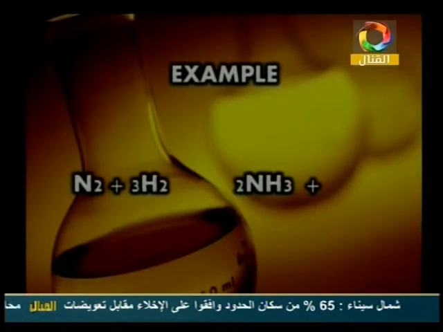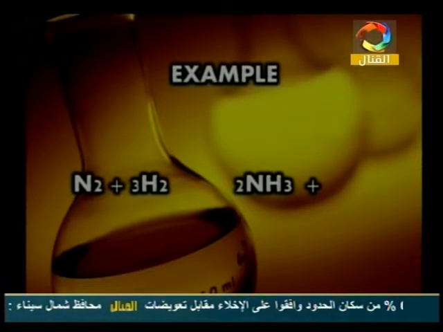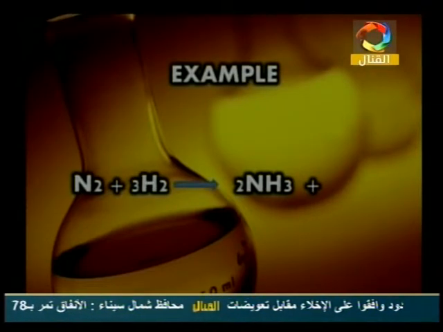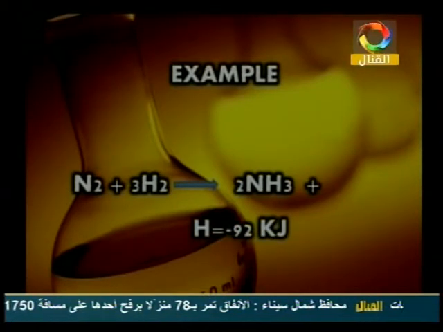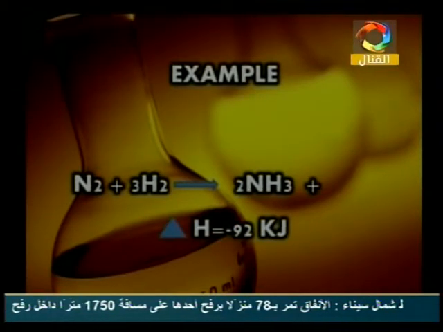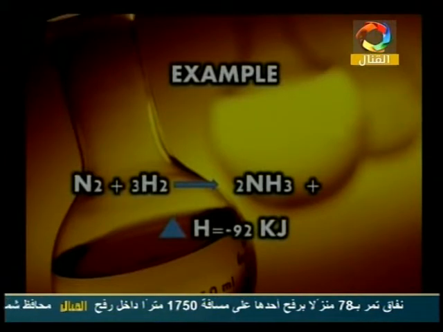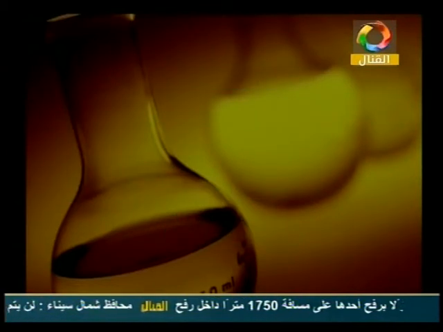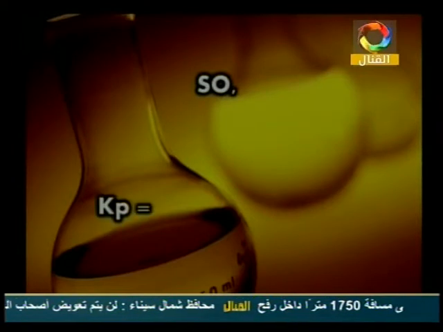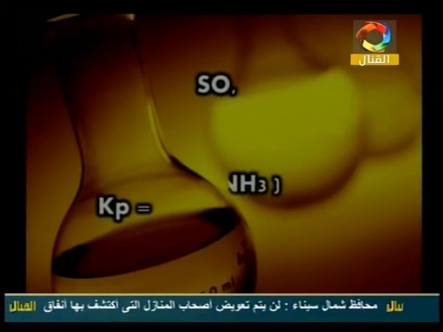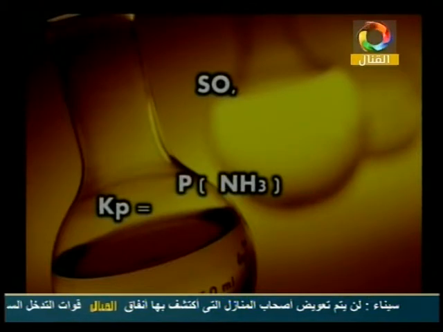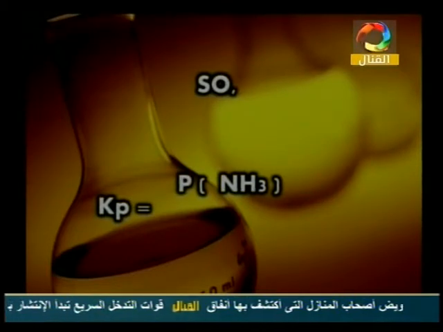Another one, we have an important example. N2 plus 3H2 gives 2NH3, with delta H equal to negative 92 kilojoules. For this equation, what do you need? We need Kp for this case, which equals the partial pressure of NH3, with its power,